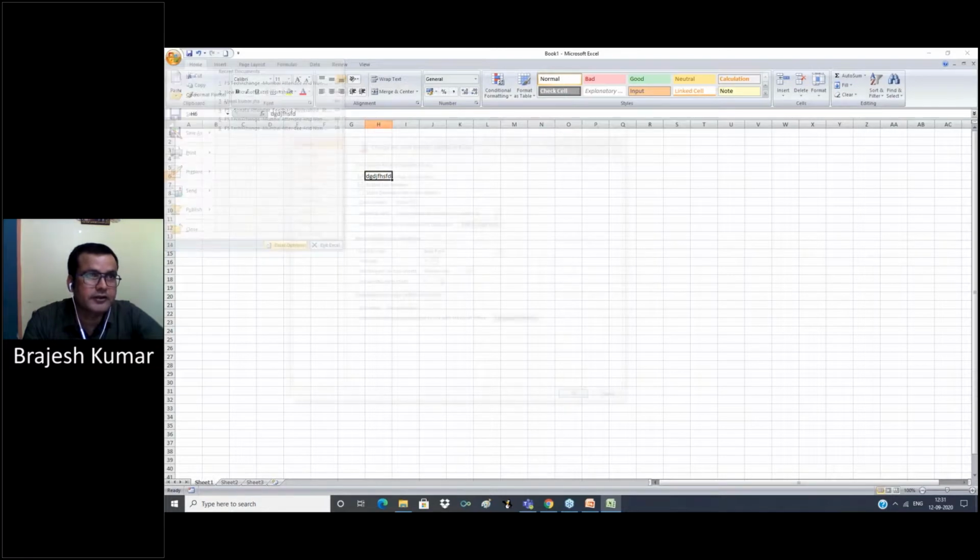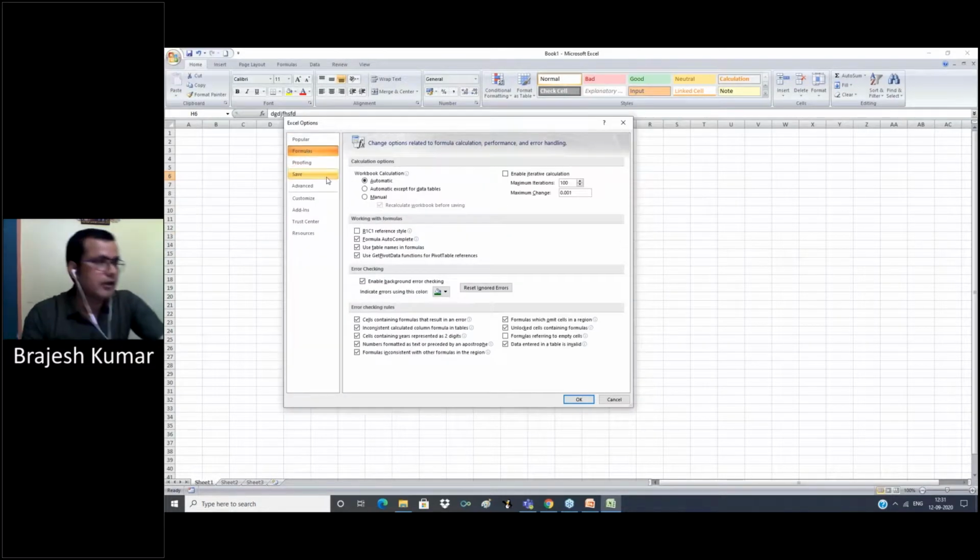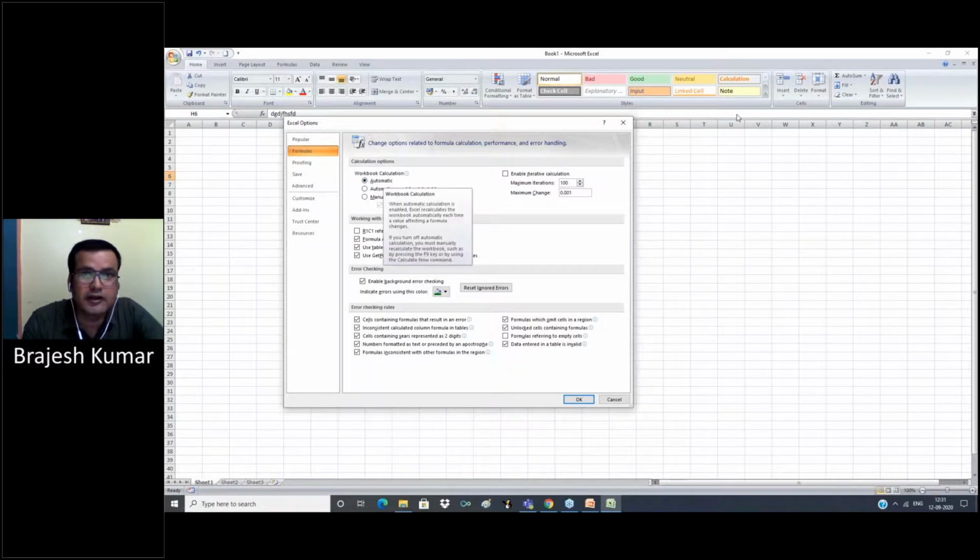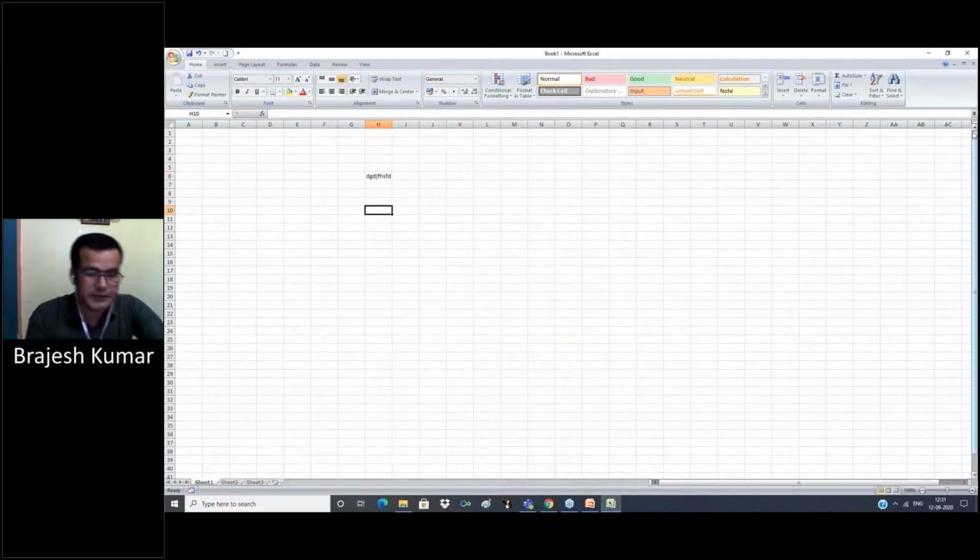Next option is formula. This is for your knowledge. Sometimes when we uncheck this automatic option and click manual, then I need to write the formula one by one in all cells.